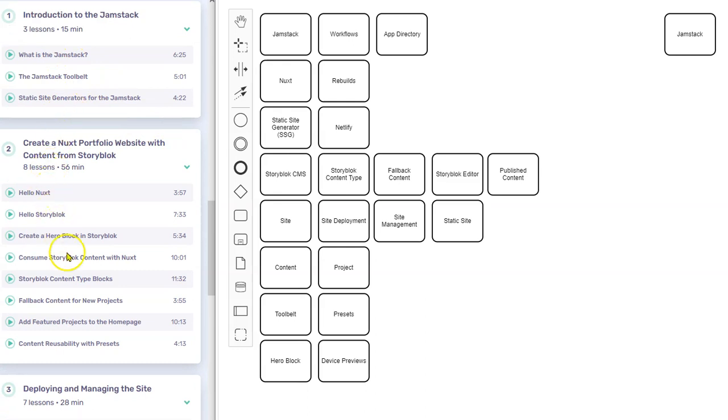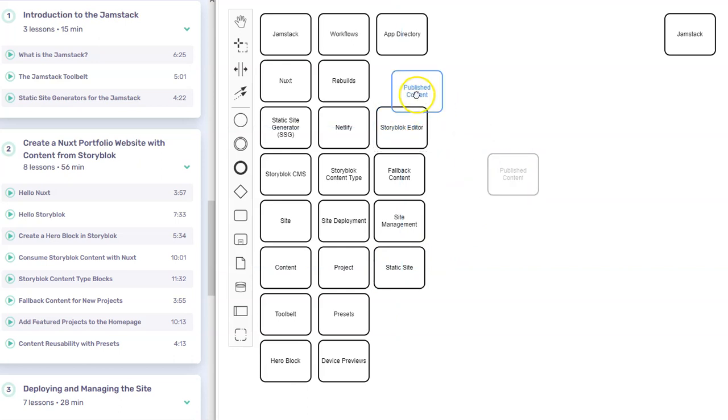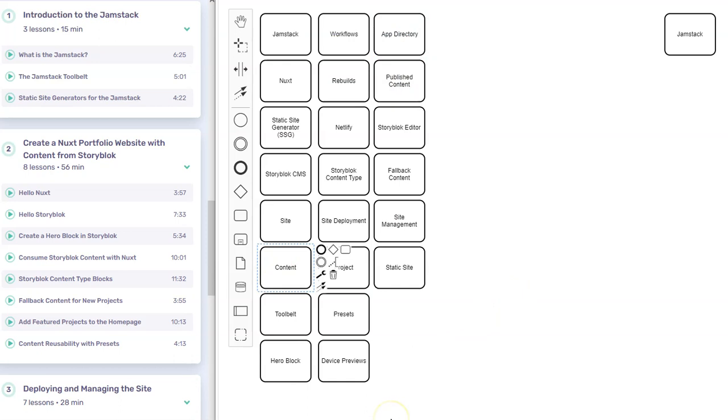I don't see any other words here, so let's see how many we have. And we'll go ahead and make it a little prettier. Move these guys around. And if you weren't doing so, go ahead and go back through this and verbalize it. Speak it. Use the phonics skills you acquired in your K through 12 education. Or if you're in K through 12 right now, even better, go ahead and say the word Storyblok or static site